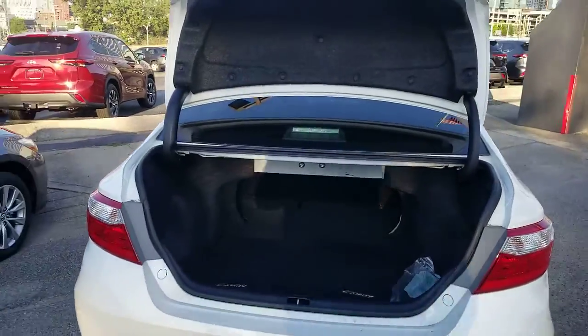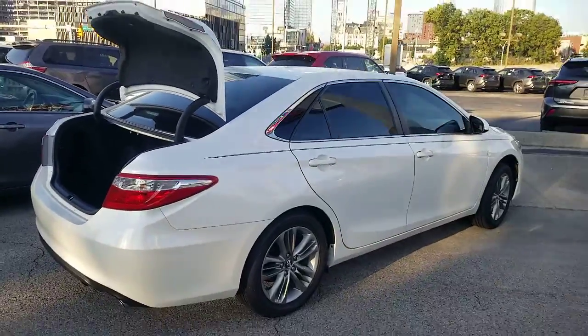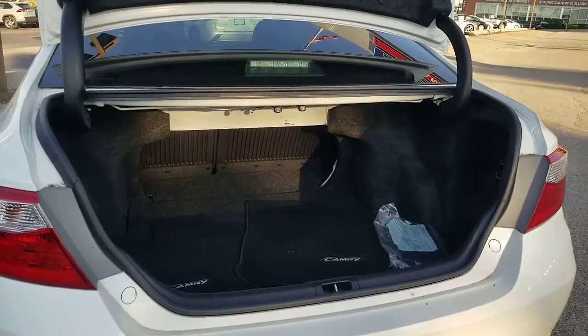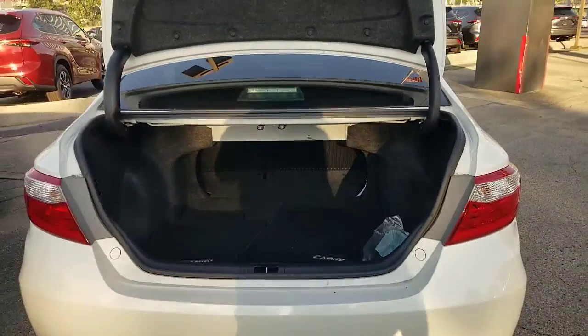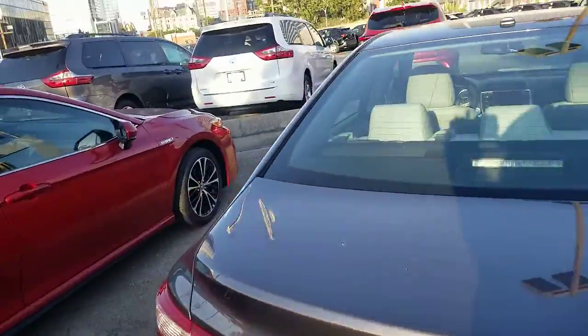All right, guys. We're back here again. This is a 2017, so still 7th generation in the Camry. And what I'm going to show you is the trunk. Now you can see the difference. I will tell you that the 2018 and up, the other Camry that we were looking at, like I said, there's absolutely no difference on the inside of the other Camry, which I'll show you in a second. But